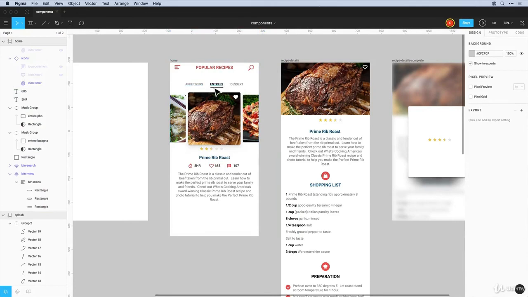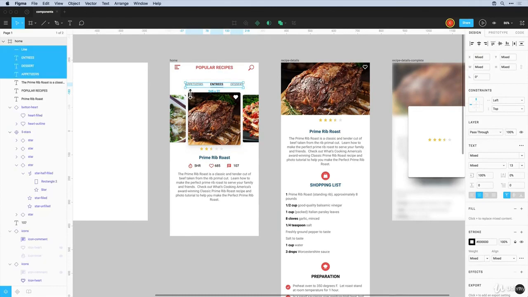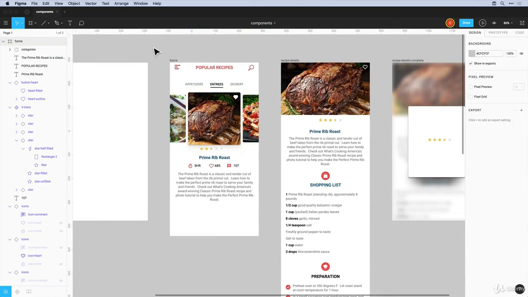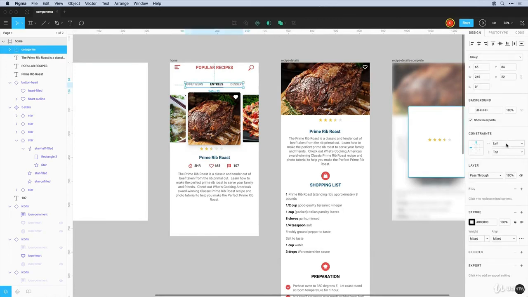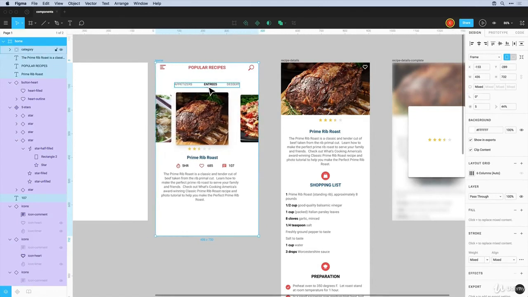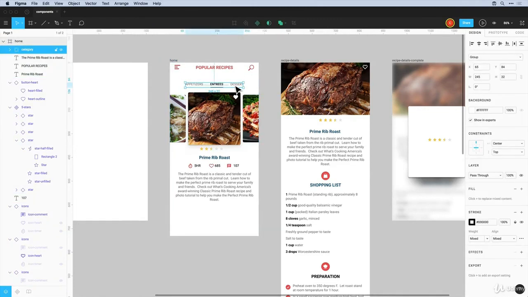And now we have to deal with these guys. So if I want to apply a constraint to everything, I can select all of these layers and click Command G or Control G on the Windows. And I'm going to name this categories. And now I want this also to be centered and sit at the top. So now we have this group as centered, and we can resize this, and we can see that it is centering each element on the artboard, but that's not exactly what we want. It's centering relative to this frame, but if we want to create a new frame around this,